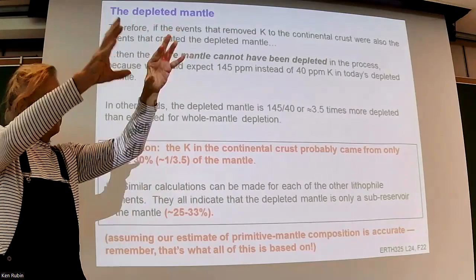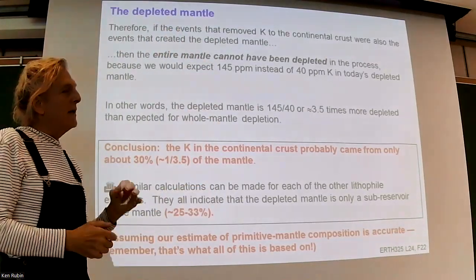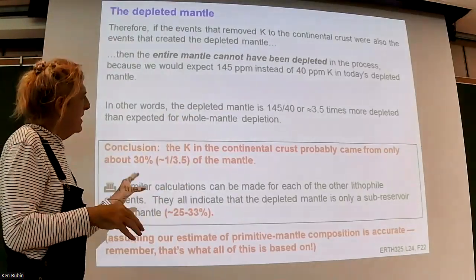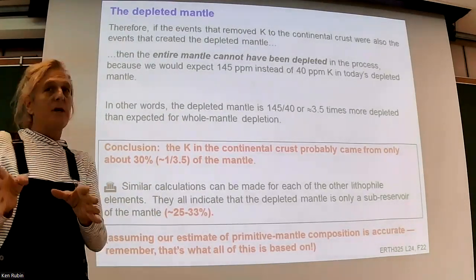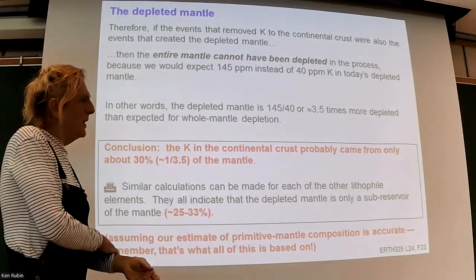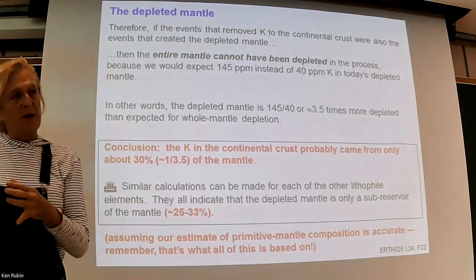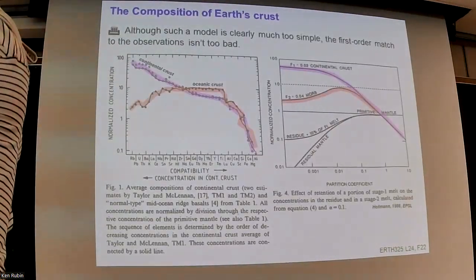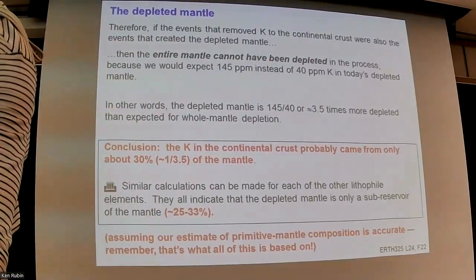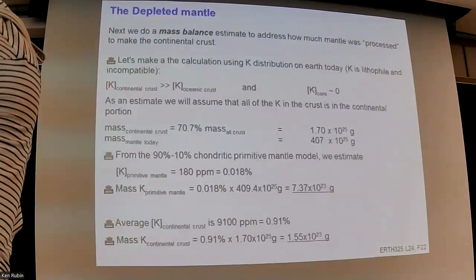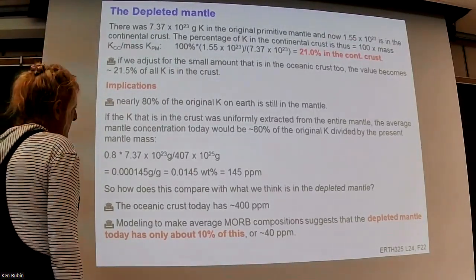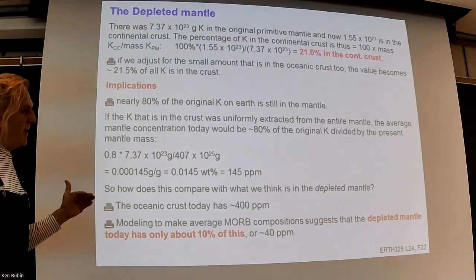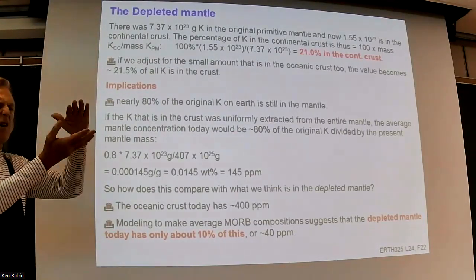Whereas if we extract our melt from a big volume, then on average, everything gets a little bit depleted, but not as much. So we use the concentration of potassium in mid-ocean ridge basalts, and all the other incompatible elements too, because they are sampling the depleted mantle. We know that from this modeling from here. We know that from various radiogenic isotope lines of evidence that we're going to talk about. And so we can take the concentration of potassium in MORBs and compare it to various scenarios for